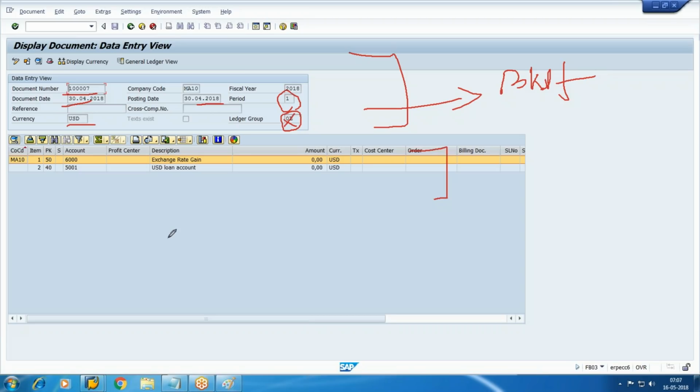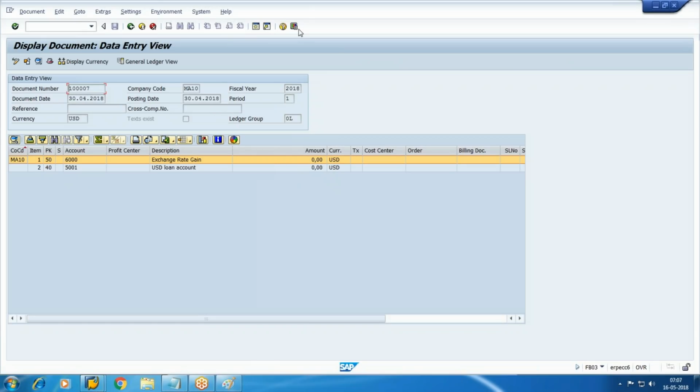Now coming to the line item segment. In the line item segment, you will find some amount is there. Right now it's 0, but some amount is there. Then the line item currency is also there, and some accounts are there. That means this is nothing but the GL, and some technical information is also there, like the posting key. Okay, so this data you will find in the BSEG. So header data will be there, line item will be there, and